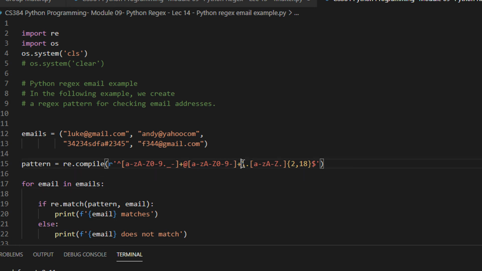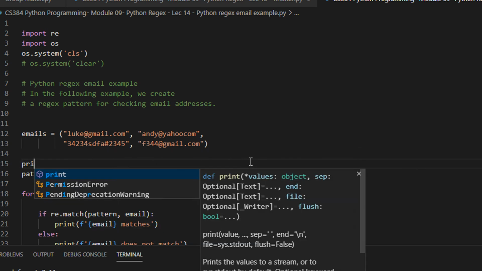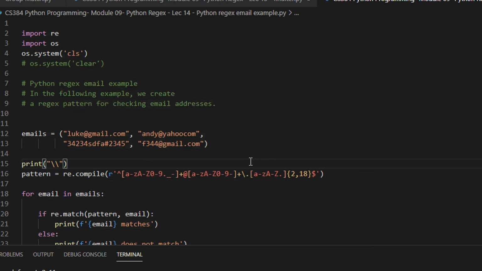Now you can see here, just like we have \n, right? Since we want to match a dot, see, in regular expression, dot matches any single character, right? We have seen in the previous lectures. Dot matches exactly a single character. But if we want to actually match a dot, we have to give an escape sequence. Similarly, if you want to print a backslash, you have to specify 2 backslashes so that the single backslash will be printed. Now if you want to match an exact dot, then you have to specify backslash dot.